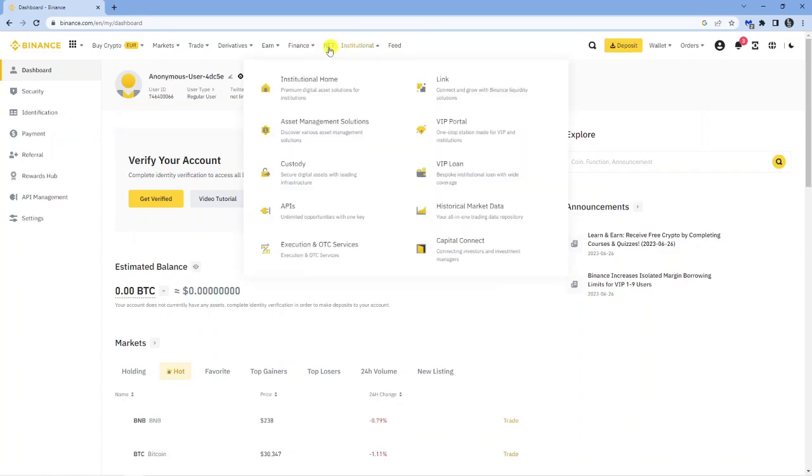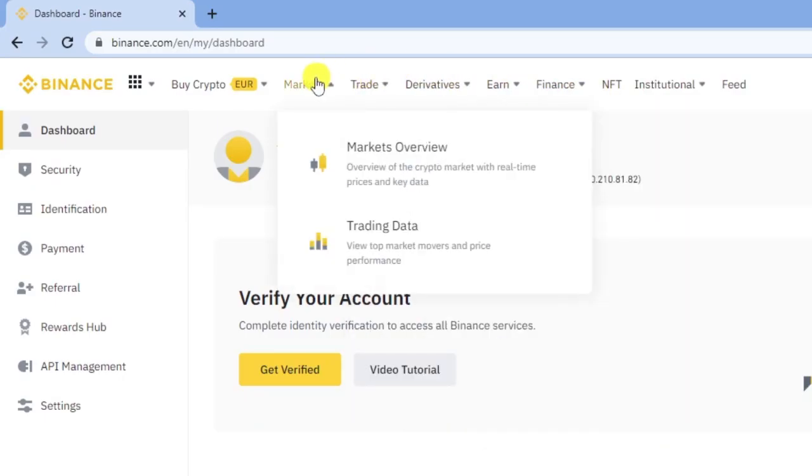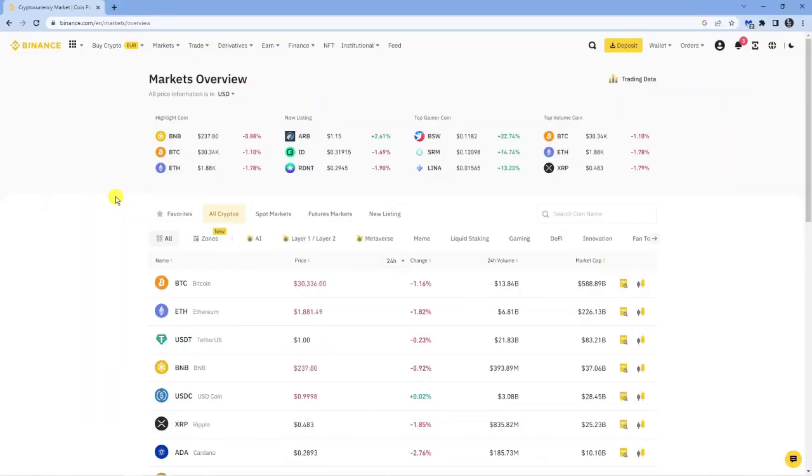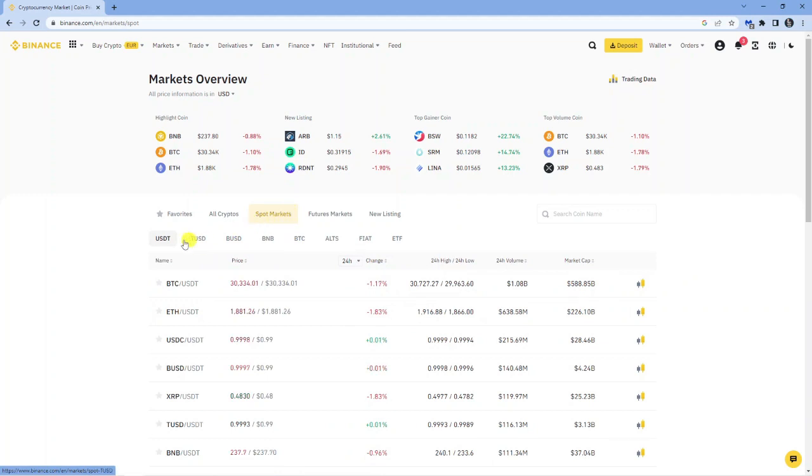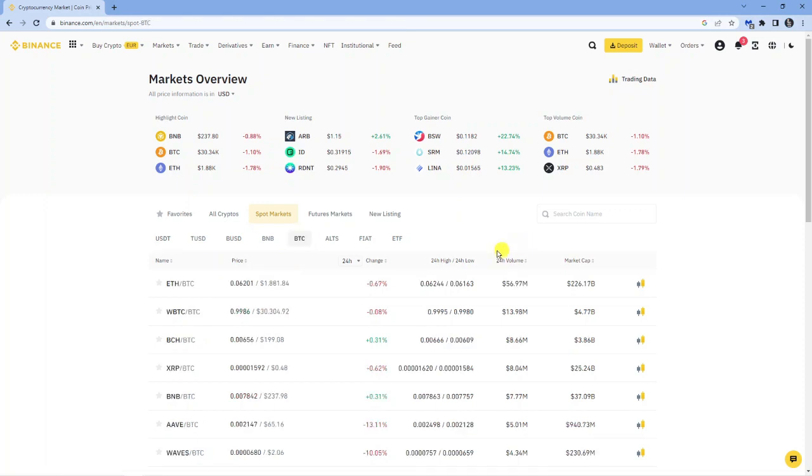Next, what you want to do is come to the top where you've got these different options and click onto Markets. And then on the drop down box, you just want to go ahead and click Markets Overview. Now, what you want to do is come down to this menu here, and in these options at the top, you want to click onto Spot Markets. From here, underneath, you're going to have some different coins and currencies, and what you want to do is click onto Bitcoin, so BTC, and you should see at the top